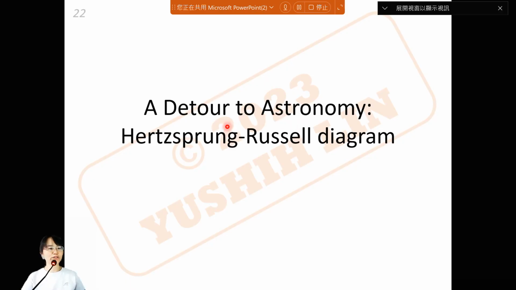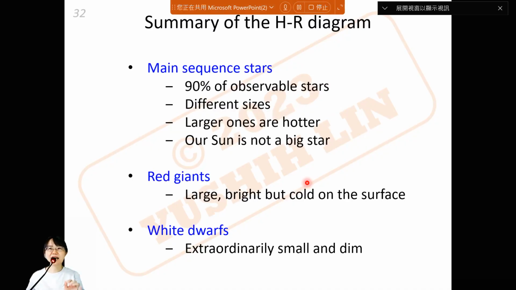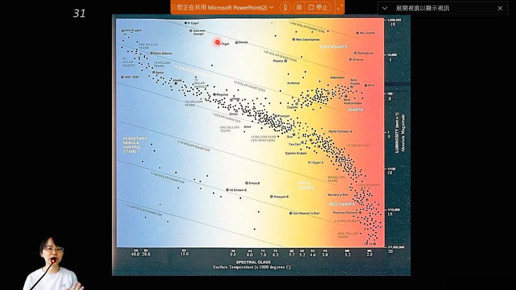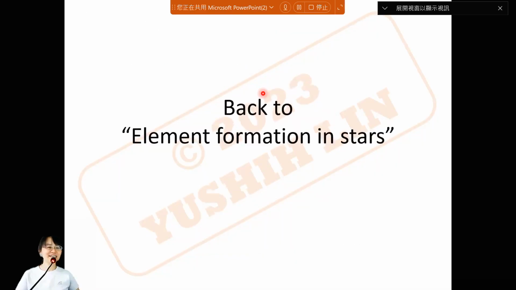Last week, we talked about the HR diagram. In the previous assignment, I was hoping that you could explain this using our sun as an example. So one of the questions in the assignment was, can you explain how the sun will change its location on the HR diagram? That was one of our questions. Because that was a detour to the HR diagram, let's come back to our original topic, which is element formation